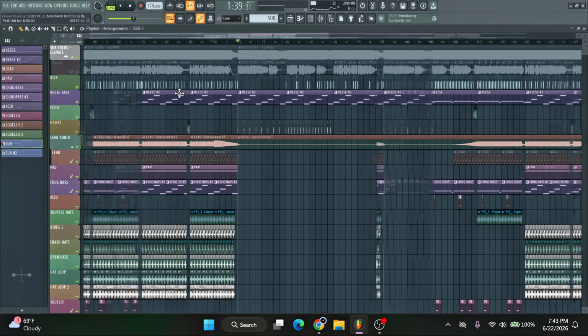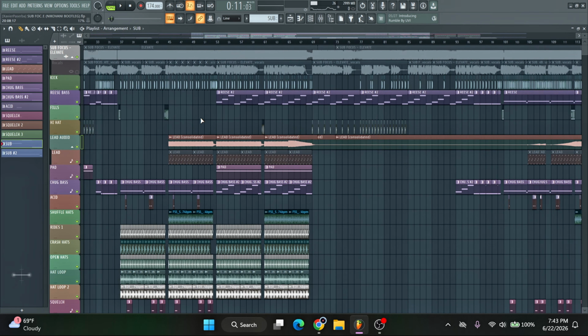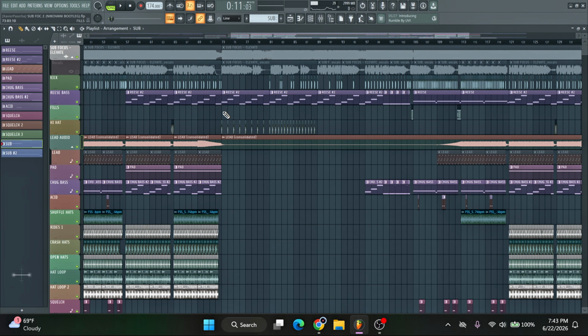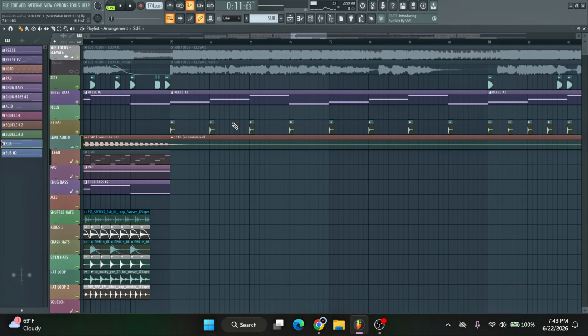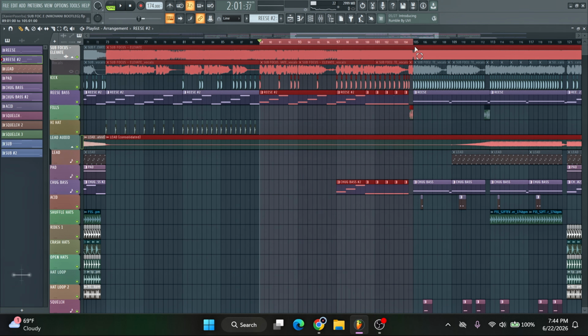So essentially I copied over the intro, specifically this part of the intro, into the breakdown. But what I wanted to do is get rid of the filter and just leave the amount of filter that was already on the respace when it was in the drop. Kick is the same, hi-hats are the same, and then you get to the, actually I'm not even gonna break this part down, but what I will say is this part right here,